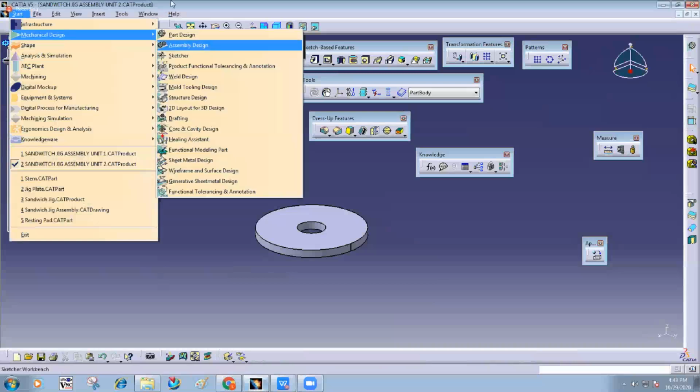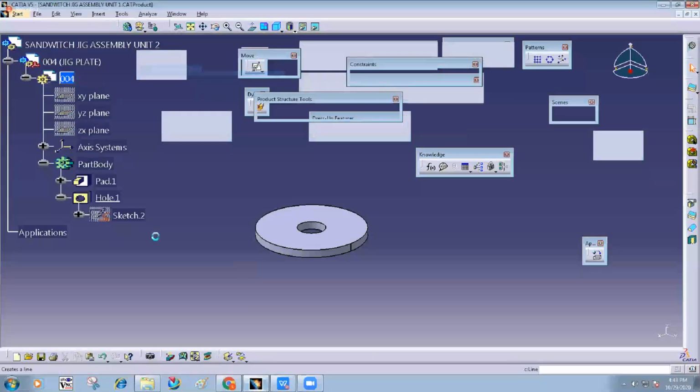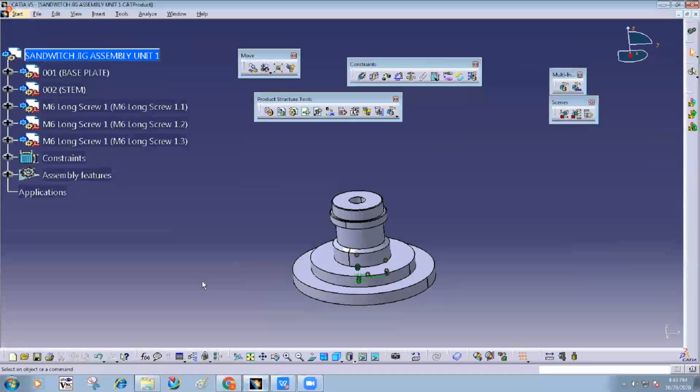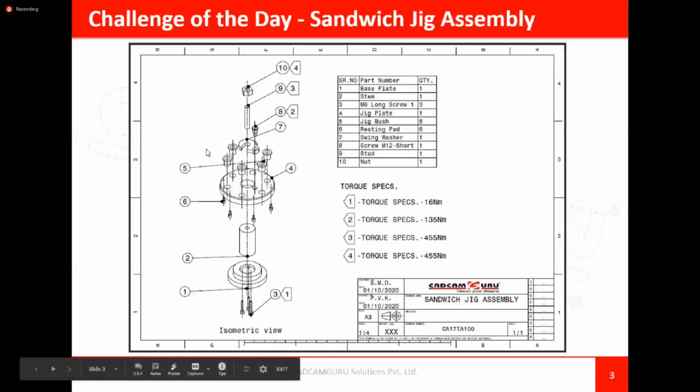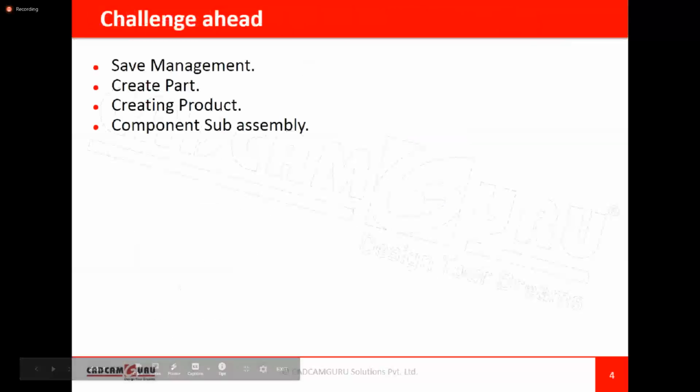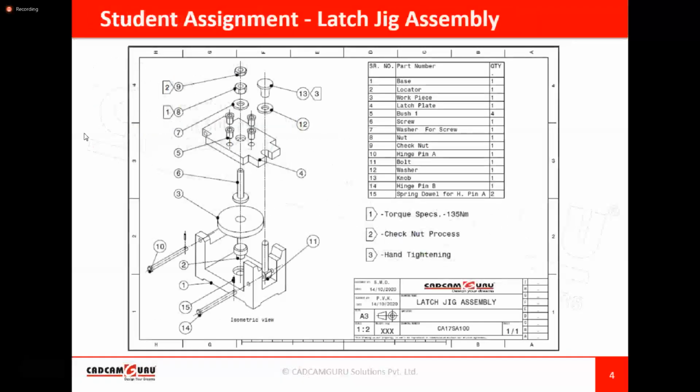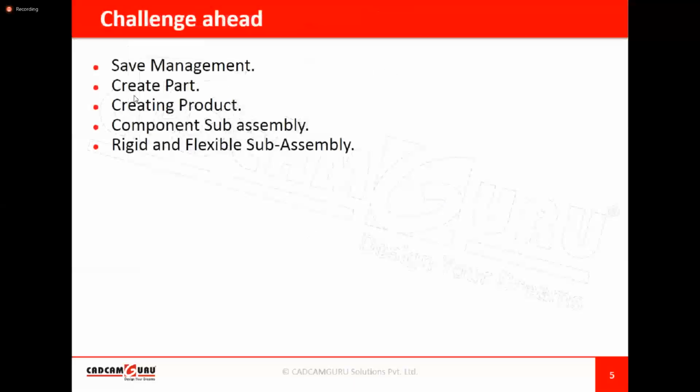Okay, but what top-down assembly says to you is, do not do that. Do not directly introduce the subassembly from here. That's why our challenge today is taking this particular subassembly management.